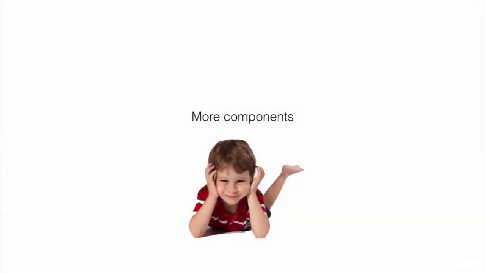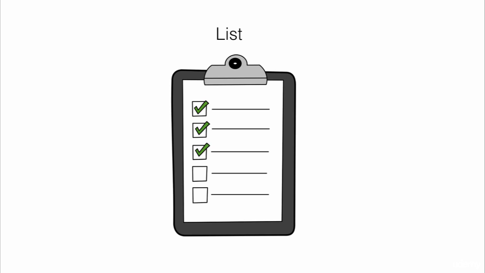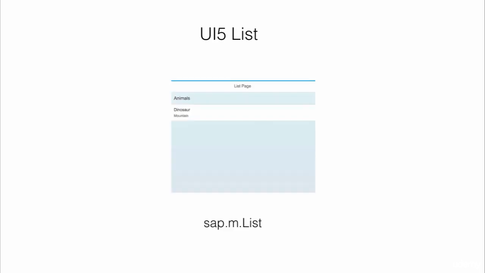So it is time to play with more components. The first major component we are going to talk about is list. Lists are one of the most popular elements used in UI5 applications. And we are going to create a very simple list, using sap.m.list to create our